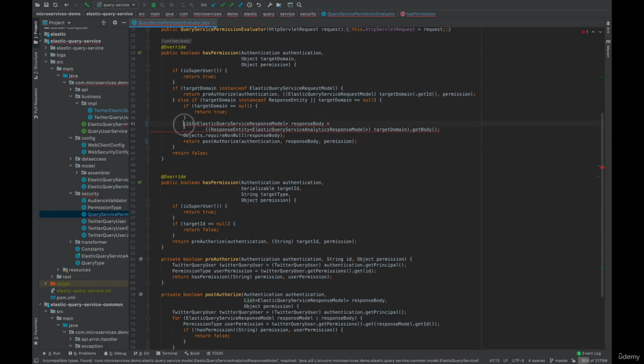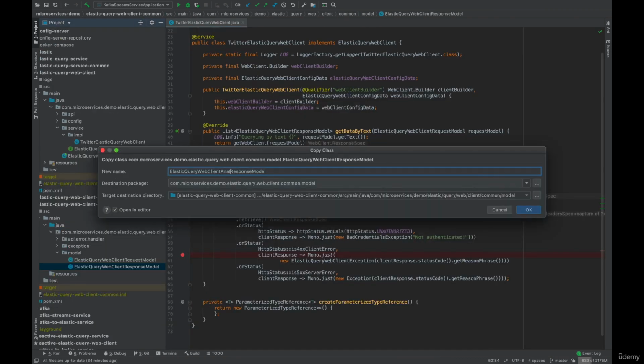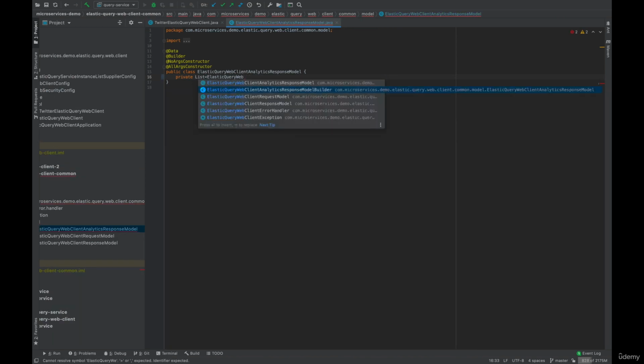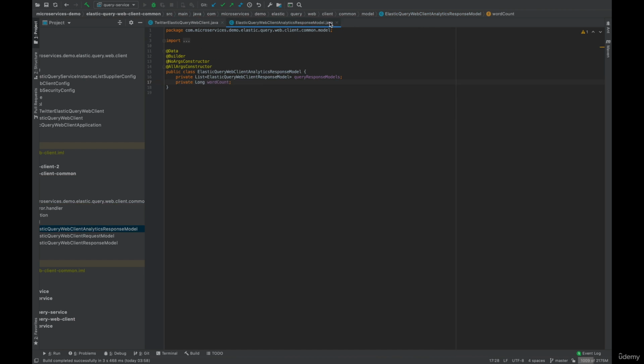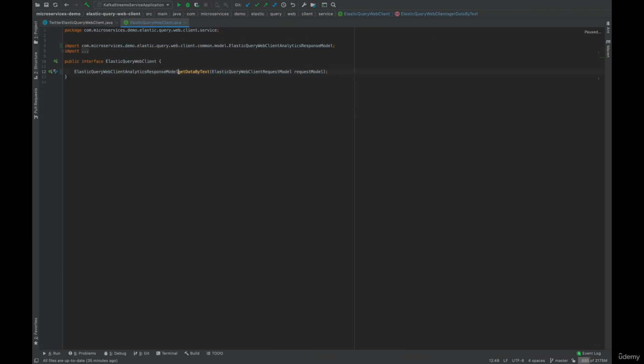We will also change the permission evaluator class and change the response type to new analytics model, as we were previously parsing the response to a list of response model. Great, now we need to adjust the web client service to accept this new object. So let's open the web client common module and add a new model, Elastic Query Web Client Analytics Response Model. Then open the Elastic Query Web Client module and change the service interface and implementation to accept the new model